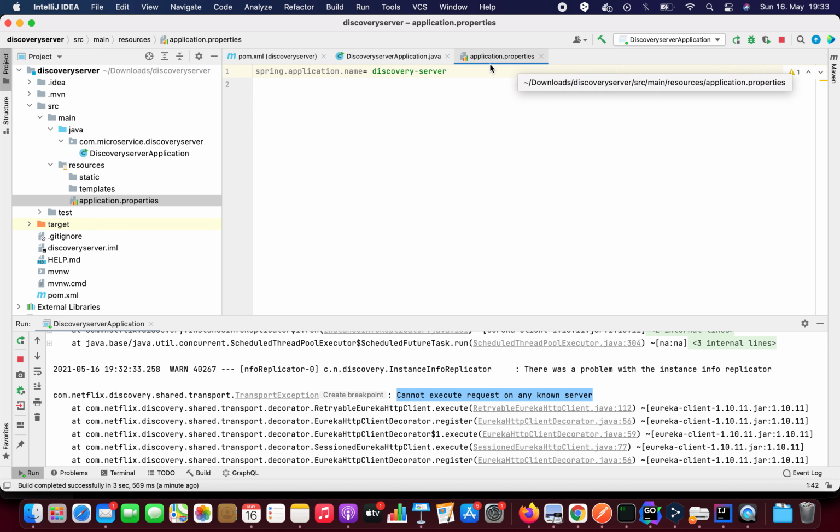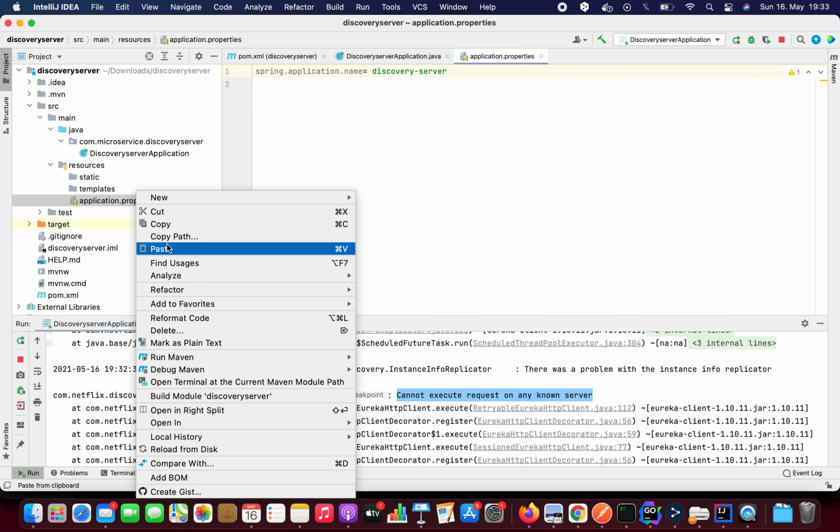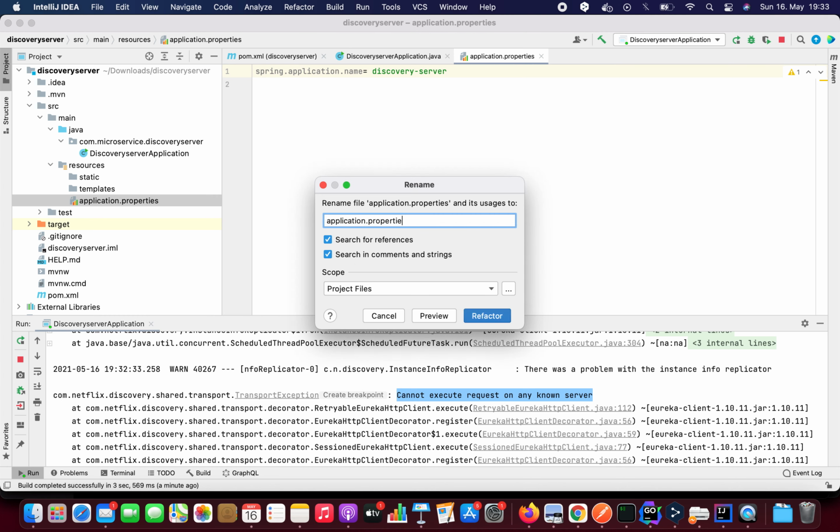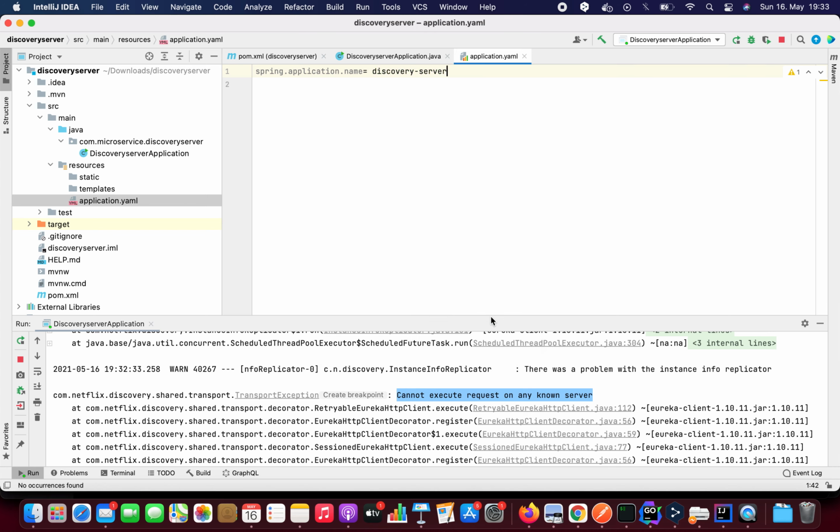I can do it this way, with everything in one line if I'm using the application.properties file. But another option is that we refactor it and make it a YAML file instead of properties. Why YAML? Because now if I write spring.application.name equal to this discovery server,